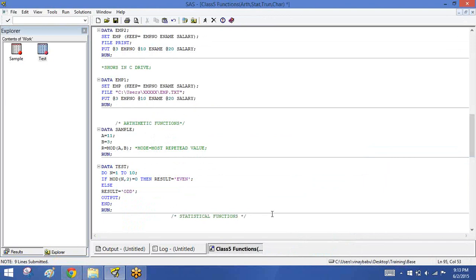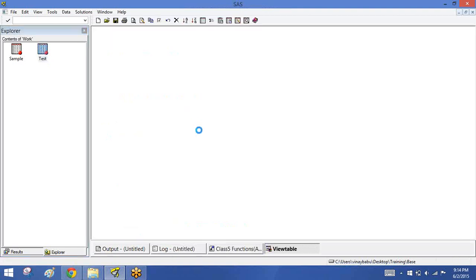So now I'm using some statistical functions which are used for calculations, like sum, mean, median. I'm creating 4 variables. In the variable A, I have a value. Let's run it till here first. I'm just replacing the same data set. So if I open this data set and run it,